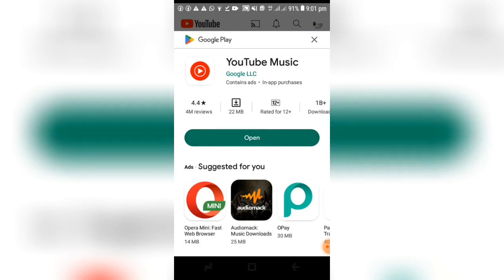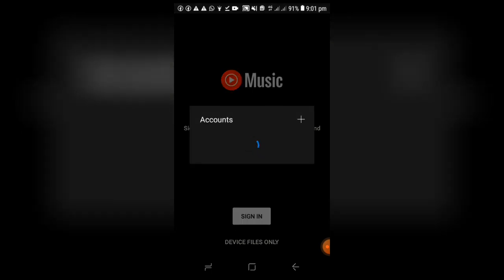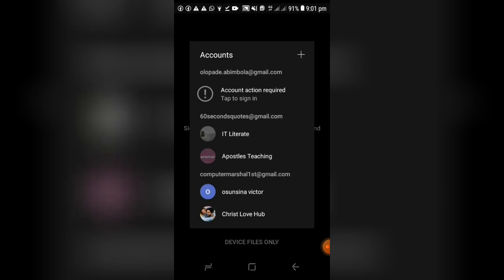Just click on open, and once you click on open, the sign in will be shown. Let's click on sign in, and it's going to show all the emails. So I'm going to click on this mail,